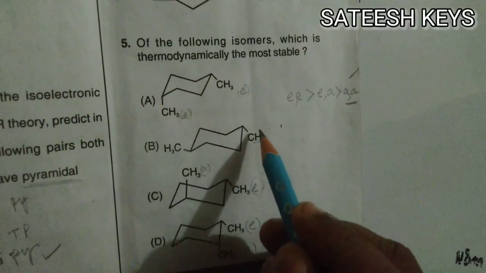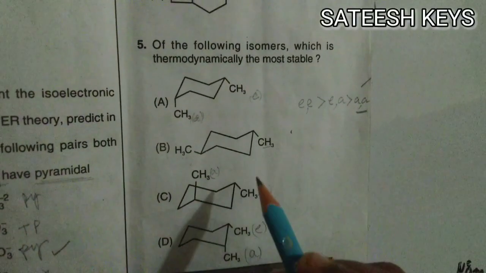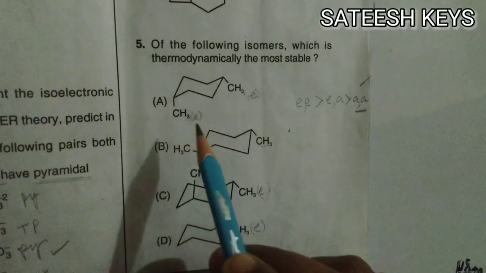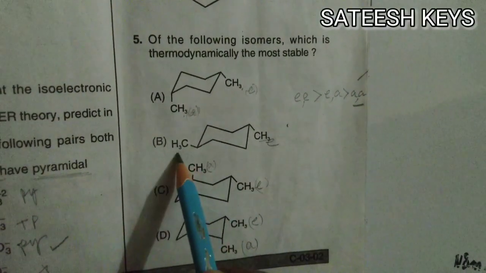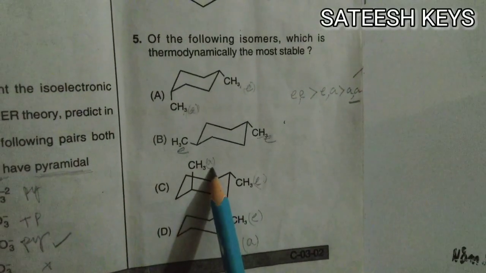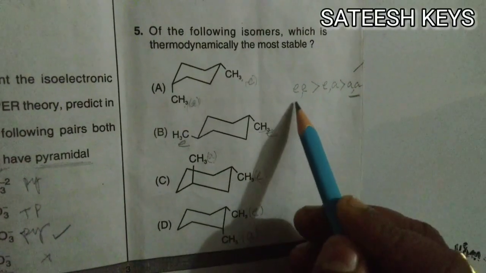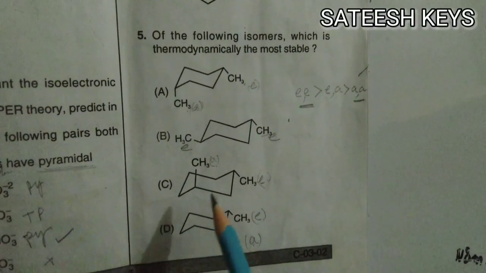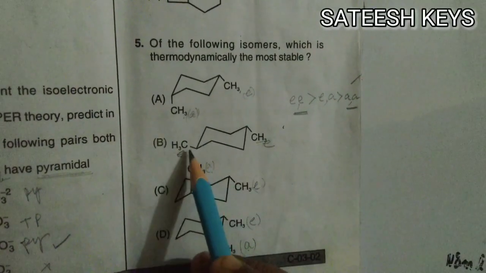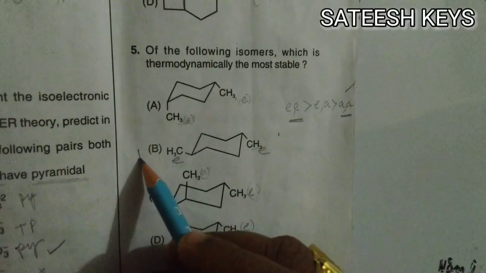So the two equatorial group compound is more stable. See this, here equatorial axial, here equatorial and equatorial. In this case equatorial, this is axial group. In this case equatorial and axial groups. So based on the stability order, the both equatorial 1,4 dimethyl cyclohexane, a trans compound, is the more stable